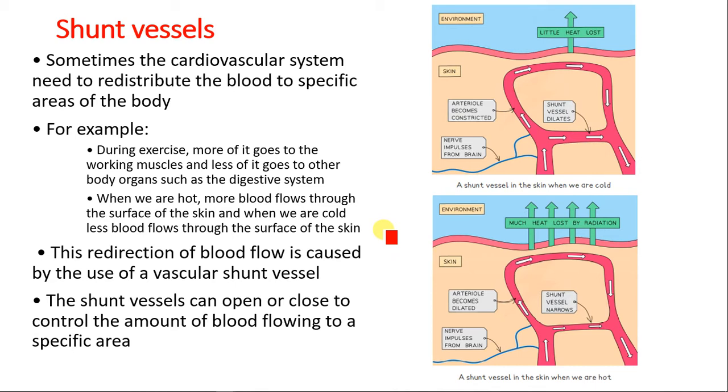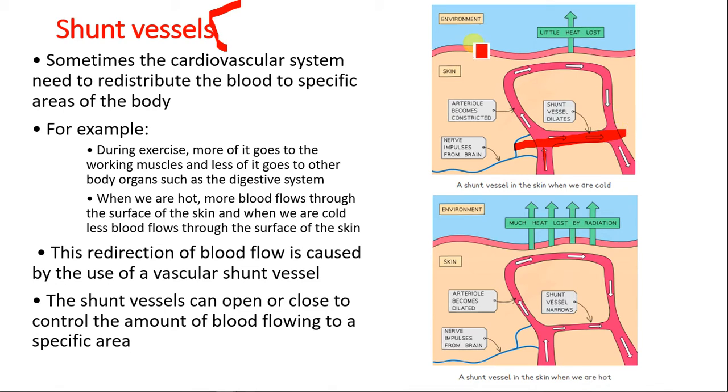Now, let's see something called shunt vessels. Shunt vessels are vessels that connect arteries directly to veins without passing through capillaries. Take note. Shunt vessels are vessels that connect arteries to veins. So if this is the artery bringing blood towards the surface of the skin, in this case, we have shunt vessels here. They are used in control of body temperature